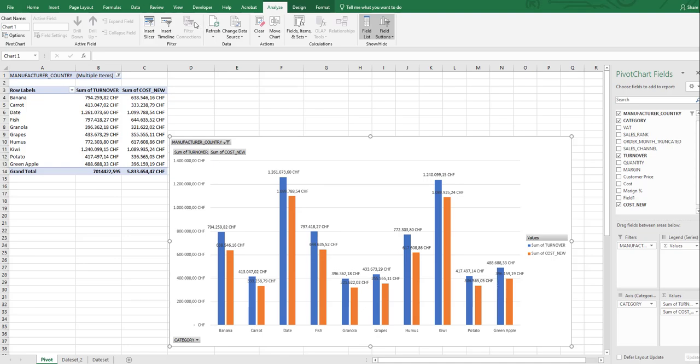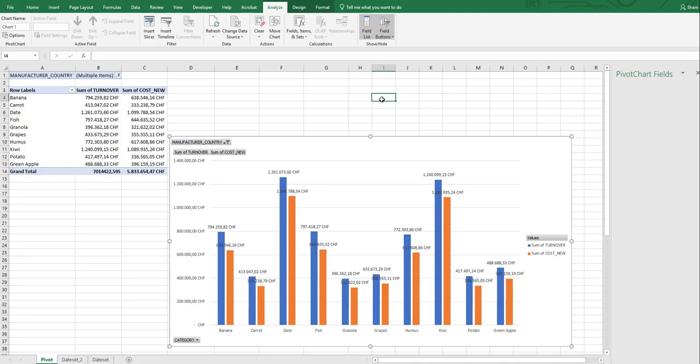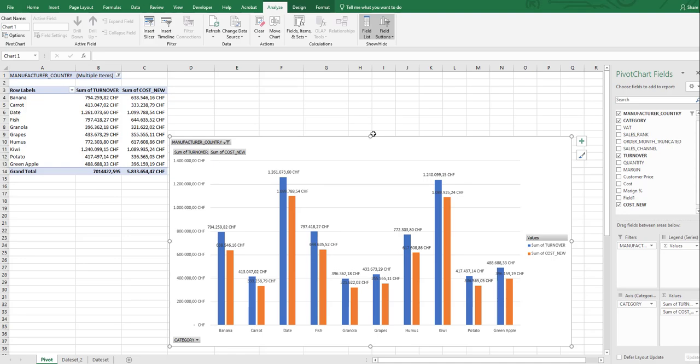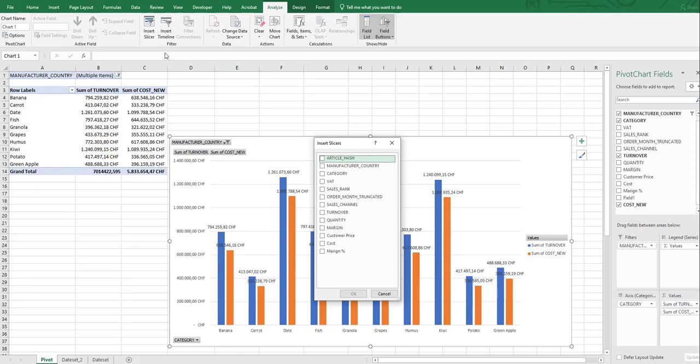Previously I talked a lot about pivot tables and I will continue that. So in my previous video we have added a chart, and in this chart it is very descriptive. How do you make it more dynamic? Well, you have the option to go to Analyst and you can add some slicer, for example category, sales channel,